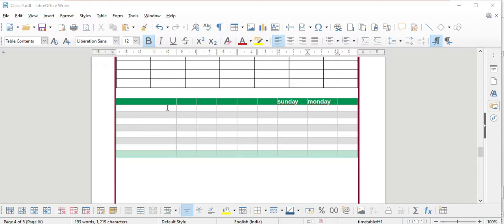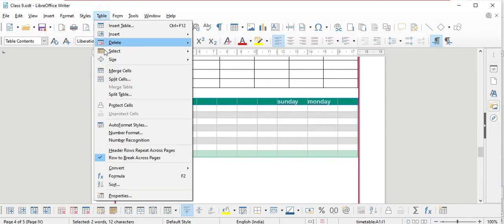For example, this first row, which is in dark green, I want to merge and write the heading for my table. First select all the cells in this first row. After selecting, go to the table. Here the merge cells option is there, click on that.